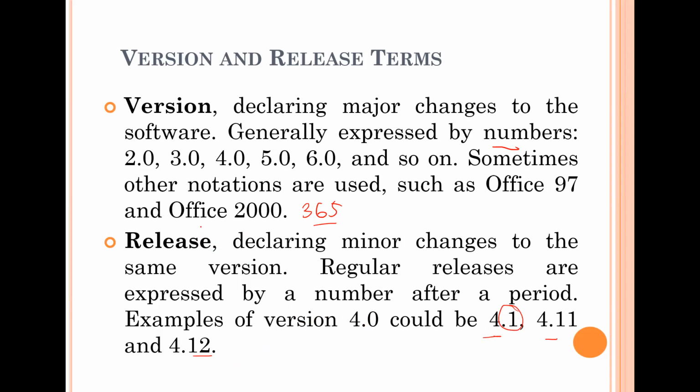The release is also related to the time of release, right? When the software is released, probably in 2021 or previous or the next one.